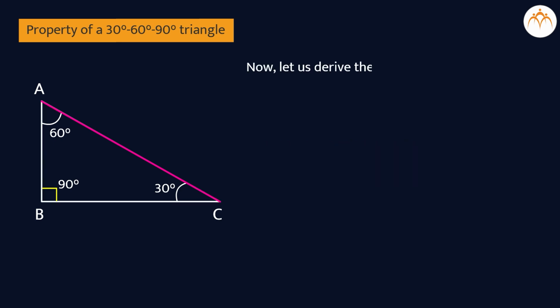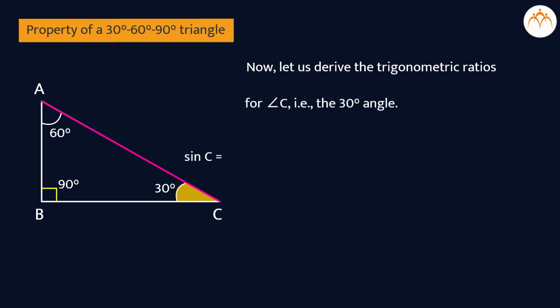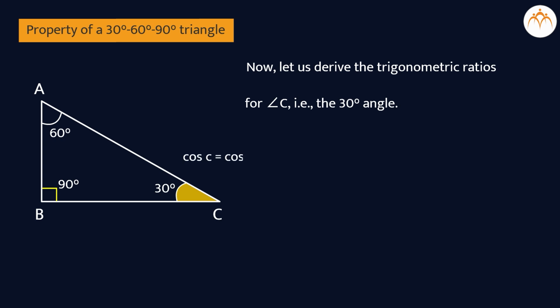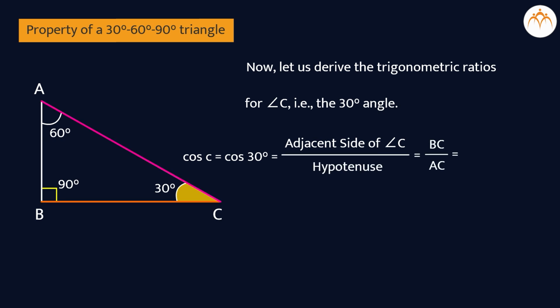Now, let us derive the trigonometric ratios for angle C, that is the 30 degree angle. Therefore, sin C is equal to sin 30 degree is equal to opposite side of angle C upon hypotenuse is equal to AB upon AC is equal to x upon 2x is equal to 1 upon 2. Cos C is equal to cos 30 degree is equal to adjacent side of angle C upon hypotenuse is equal to BC upon AC is equal to square root of 3 times x upon 2x is equal to square root